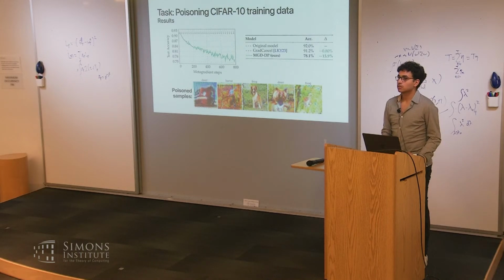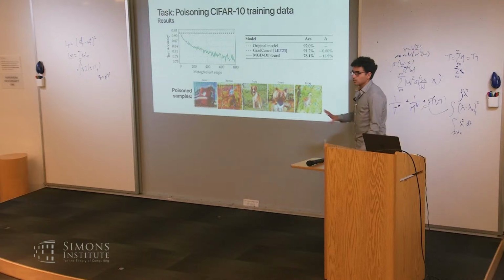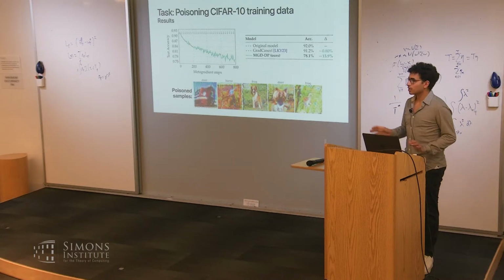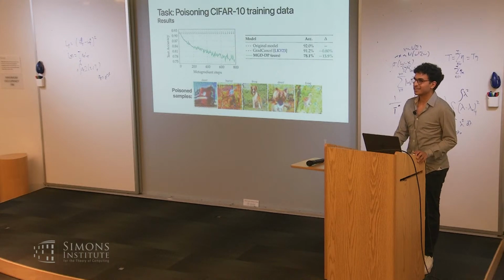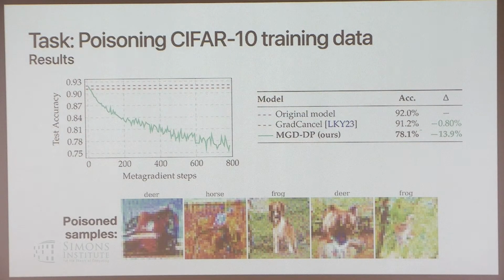Yes? Not just for this example, but in general, is there a lot of transfer, where you can do this training for a much cheaper model and then it works on a much more expensive one? Yeah, we actually didn't really try that here, except in one very special case that I'll talk about at the end. But I think in general, to make this practical, we'll have to somehow make it transferable if it's not. And for data selection in general, there's some evidence completely separate from this paper that doing data selection for smaller models can help bigger models. But that's a totally separate investigation from what we're doing here.